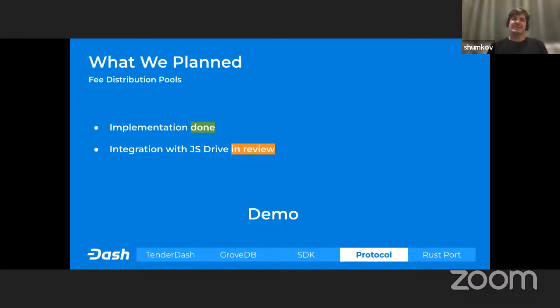So it's kind of an ABCI bridge between the Rust and JavaScript versions. Now we can trigger some logic based on the current ABCI execution process in Drive, which basically simplifies future development and allows us to process the fees and distribute them into pools.